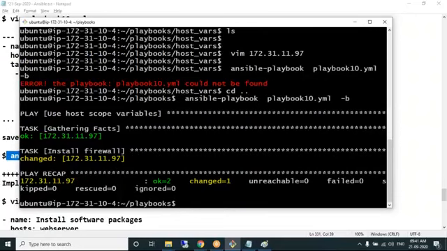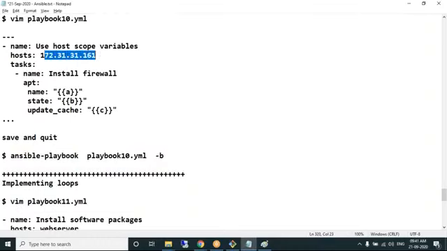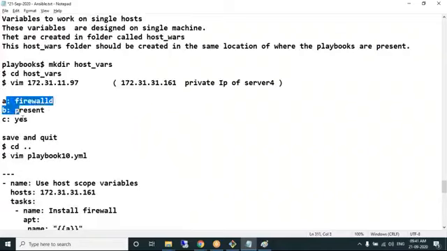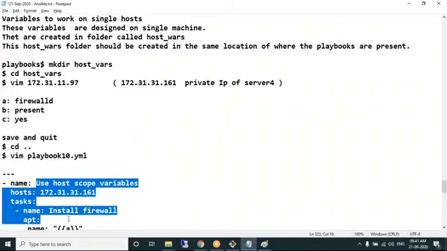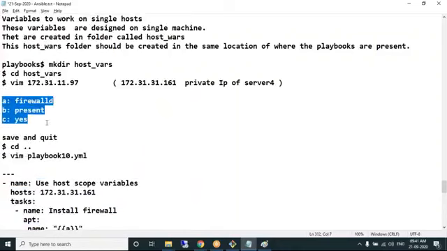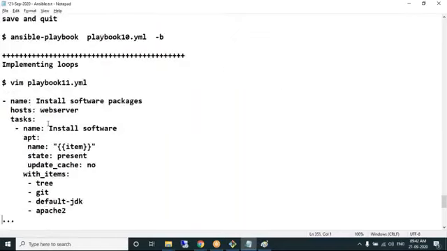So you can run a particular playbook in a group on one specific machine. In that case, you should mention the hosts section as the private IP address. You can mention it as a group name. You can use the keyword all. But the point here is I'm explaining the host scope variables. You can create a file which contains a list of all the variables like this and use the variables in the playbook. These variables are called host scope variables. Variables specific to one particular host are called host scope variables. So these are the three types of variables we can use in Ansible: global scope variables, group scope variables, and host scope variables. Okay.